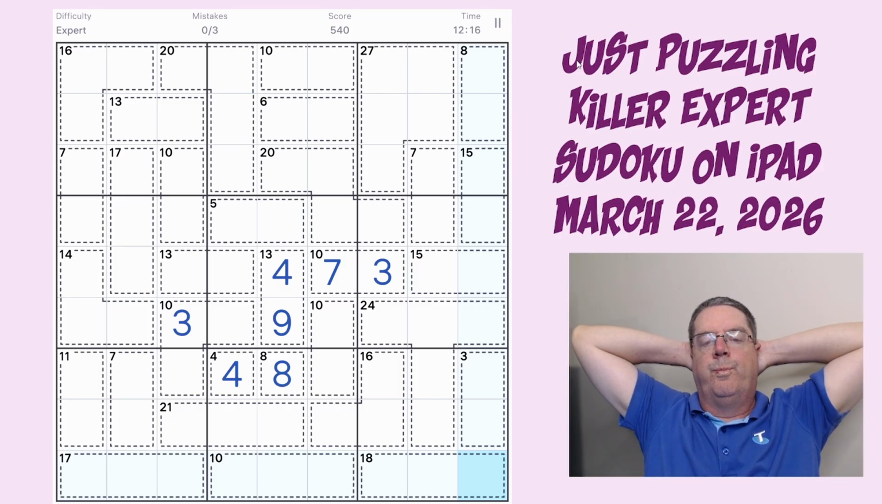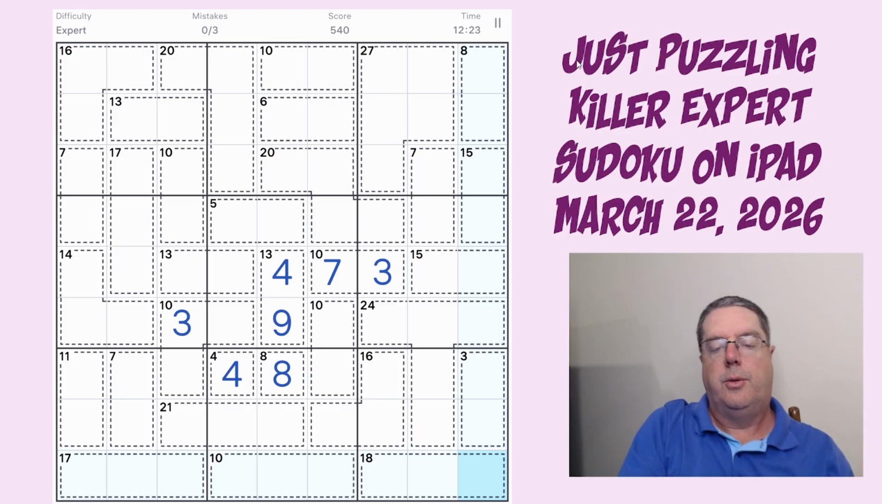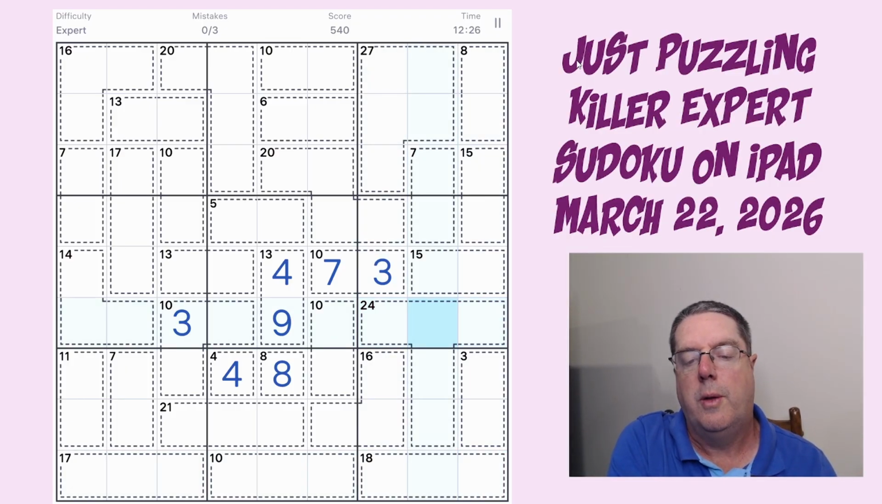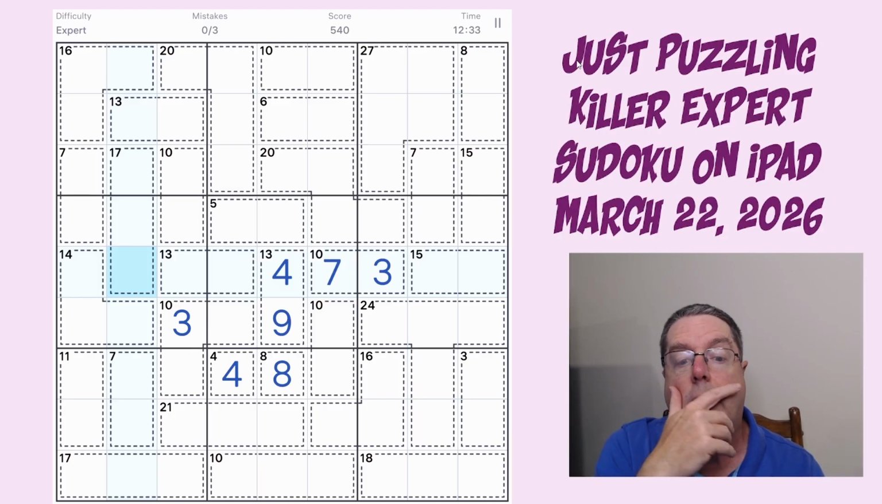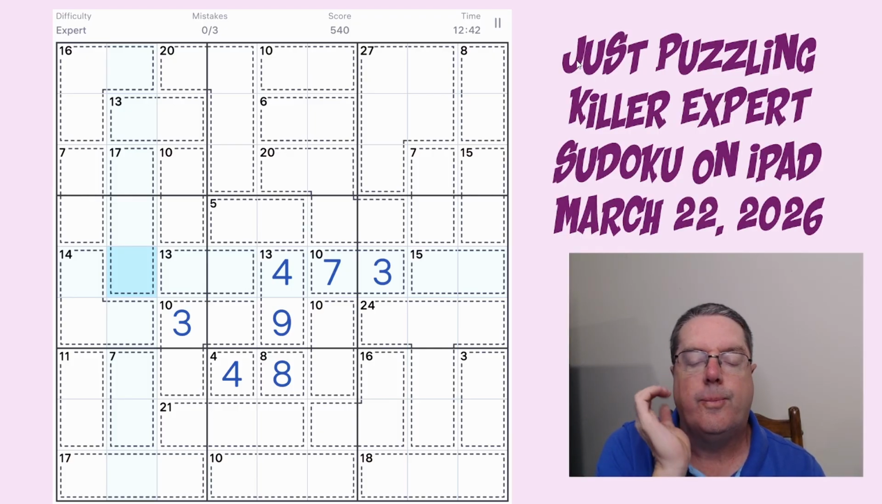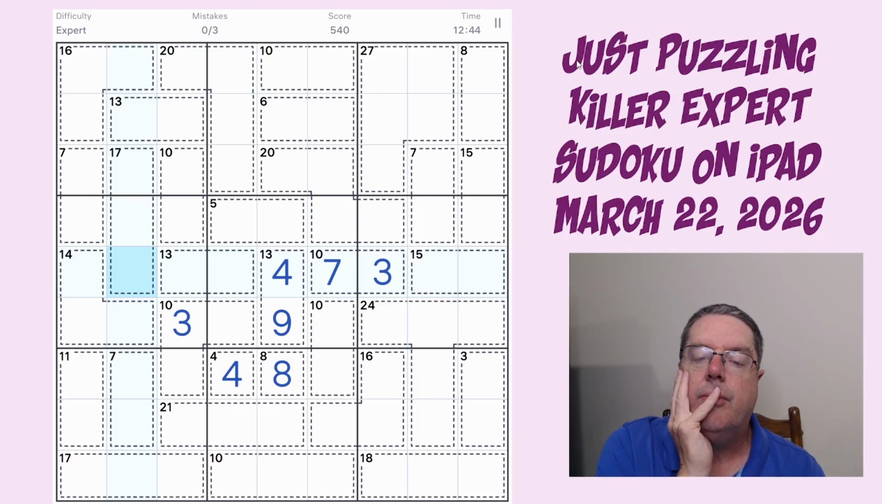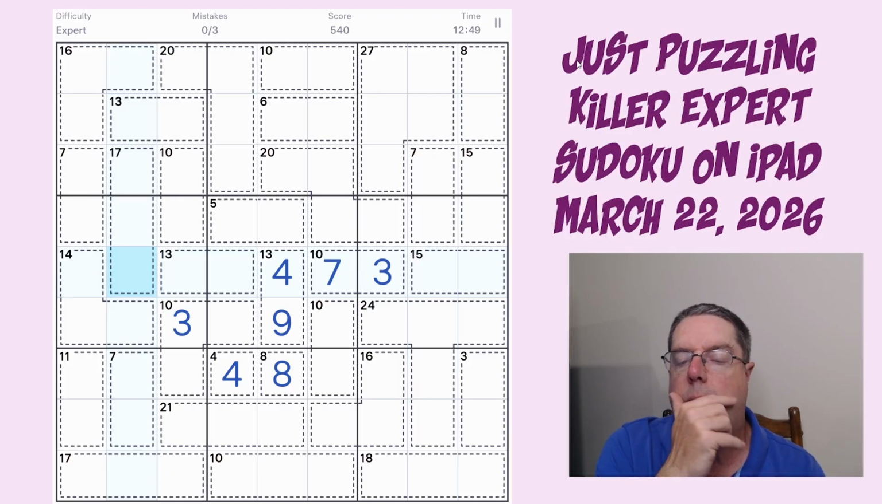Hmm. 2 and 3. So 2 can't be here. So 2 is in here. So 2's one of these two. 2's there. That I remember that's 1 and 2, so I knew that. 2's there. 1 I don't know about. Two's down there. 2's there. 1, 2,